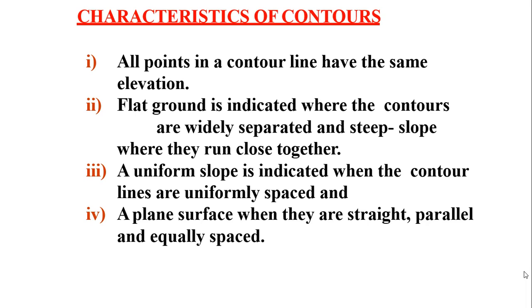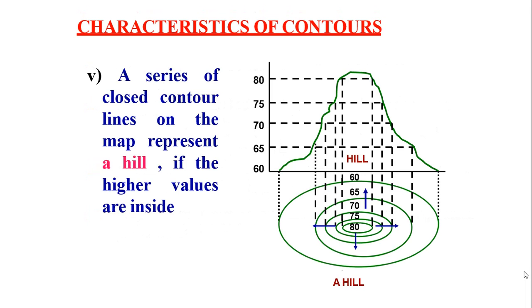Okay. Next one, a uniform slope is indicated when the contour lines are uniformly spaced, and a plane surface when they are generally straight, parallel and equally spaced. Okay. So, based on the nature of the contours, we conclude the topography of the ground. We conclude the nature of the ground based on the nature of the contour lines. Okay. Next